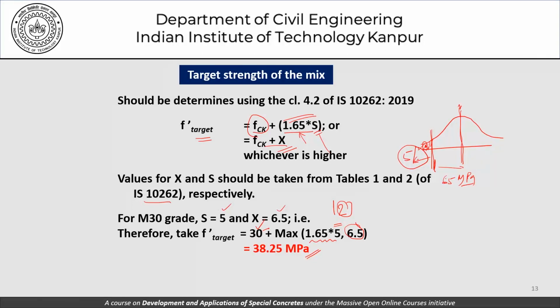So you are allowed, or encouraged, to bring your standard deviations into a certain range, but you should be targeting a mean strength at least 6.5 MPa above the characteristic strength. Please go back to the drawing board and check these provisions for normal concretes and see if they are any different from this provision in self-compacting concretes.